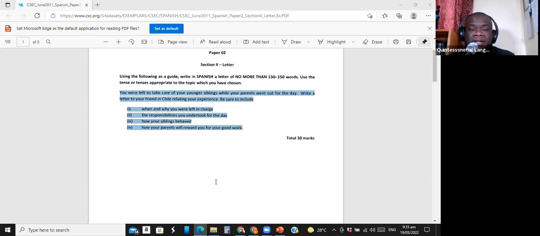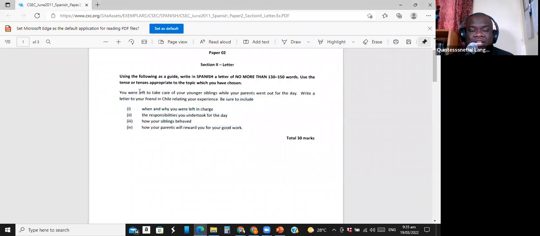They didn't give the mark, how many marks the person made. I'll show you the mark scheme just now, right? But we need to look at the letter and determine what tense do I use here? What's the predominant tense? And we have hints.